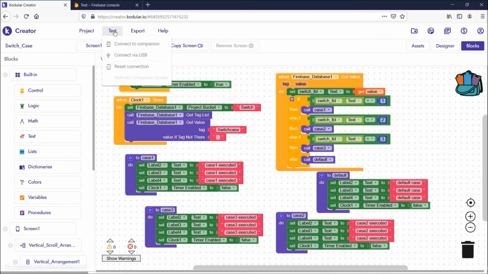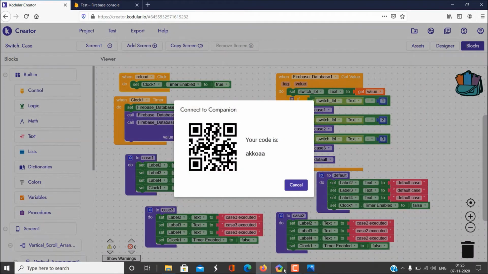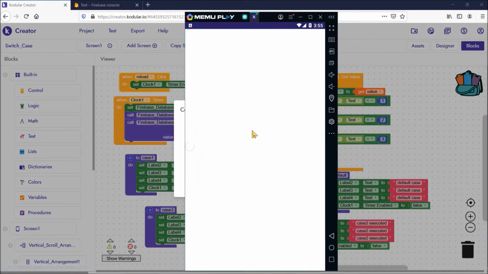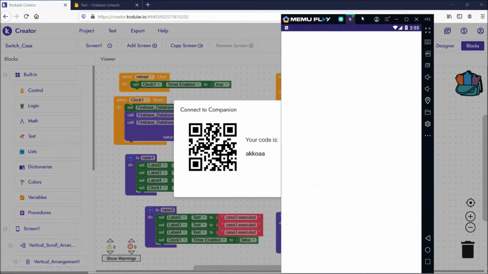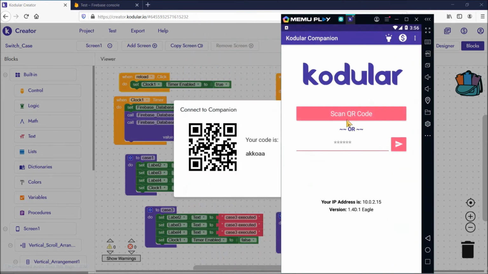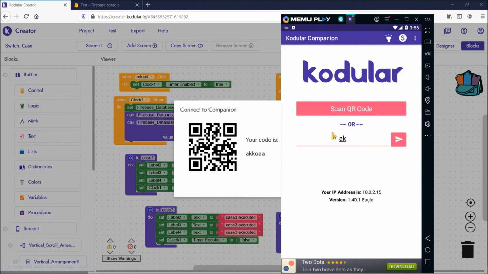So let's test this app, guys. This is the companion, and I'm opening my companion.